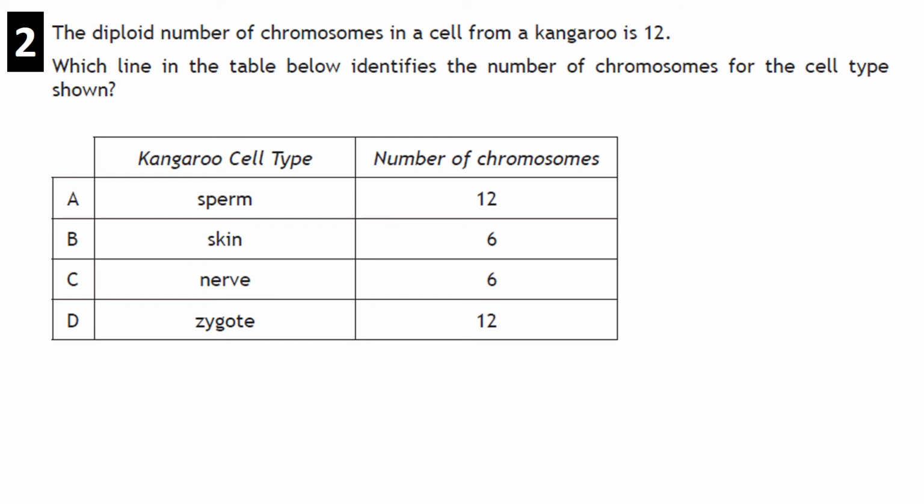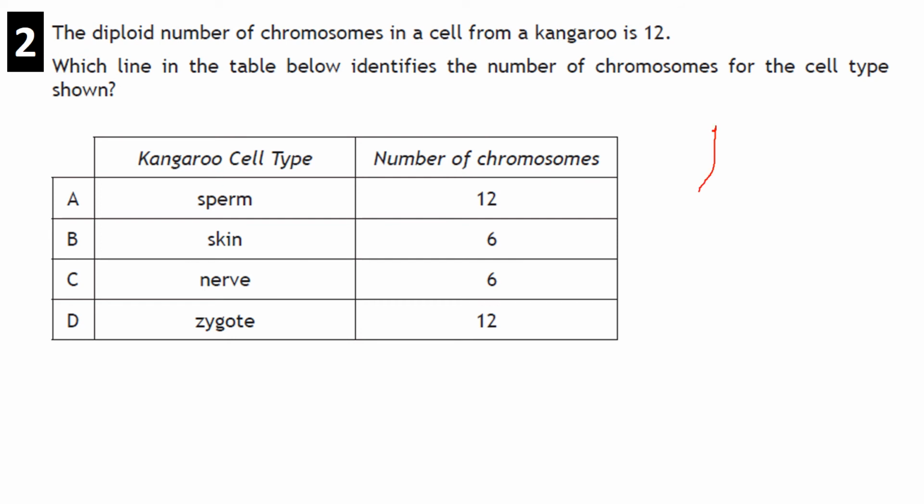The diploid number of chromosomes in a cell from a kangaroo is 12. Which line in the table below identifies the number of chromosomes for the cell type shown? So a diploid is 12. So that means